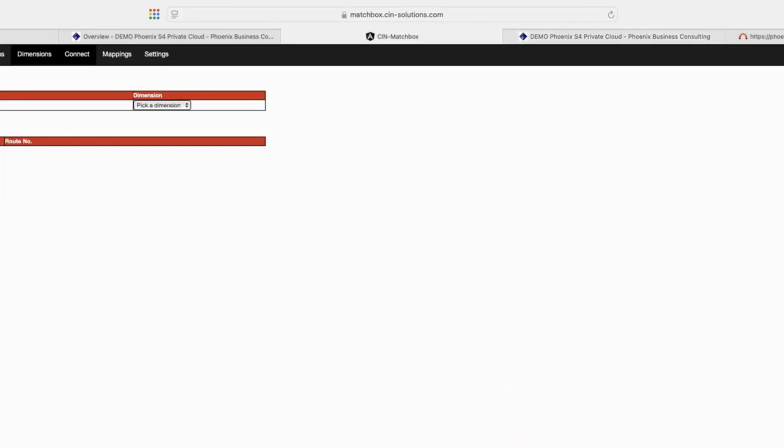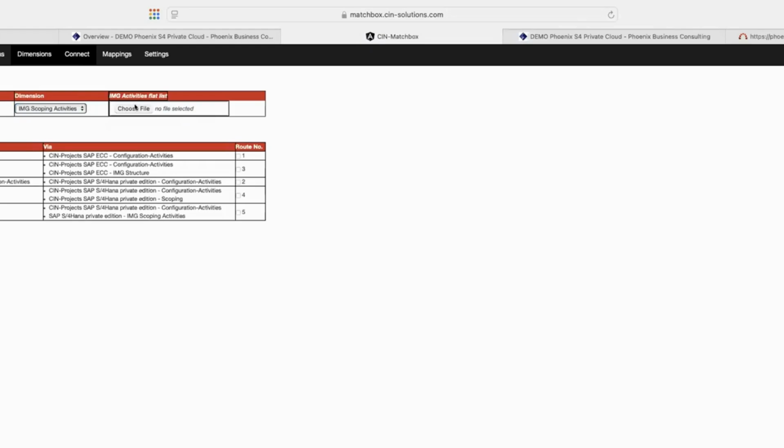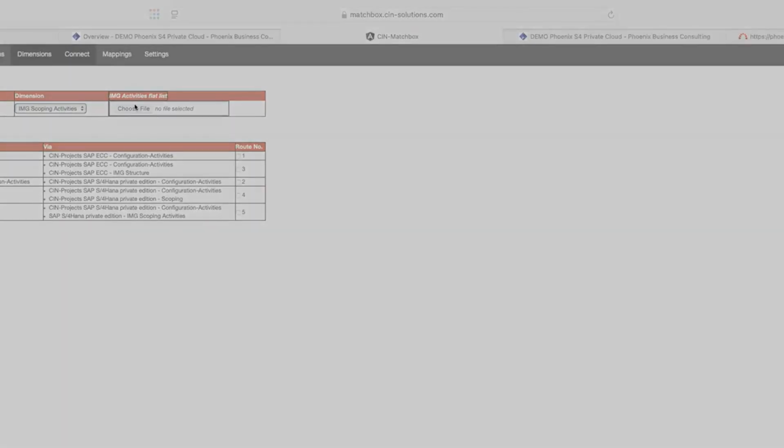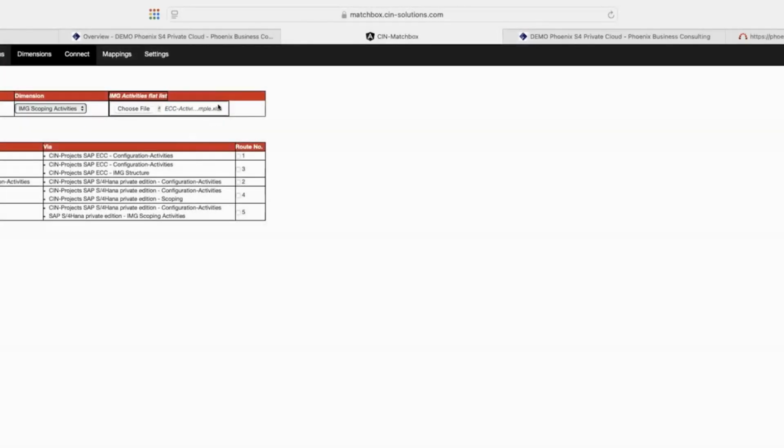which we are using to match. And now you can see that you can have different departure locations. I will use now a departure location, which is SAP ECC, a real existing ECC system. And I will choose the IMG scoping activities. What I did, we downloaded already a file. We grabbed all the information together, and I will use now a file, which we already have here, which is a sample file for the ECC activities which have been done. And I can map it now to how it would look like in the SAP S4HANA private edition for